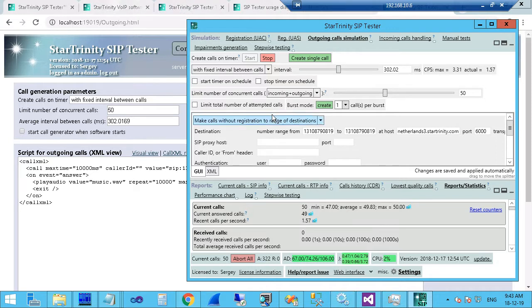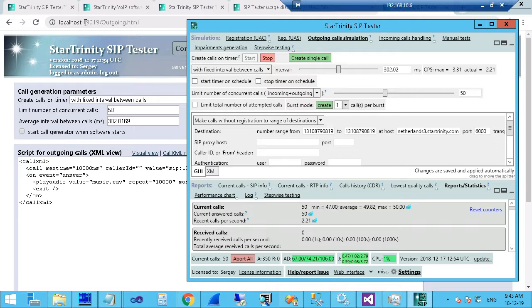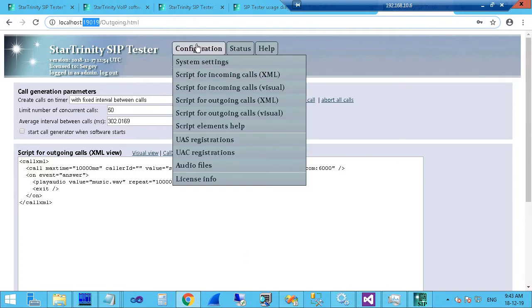So the good point is that it can be accessed from anywhere, right? Yes, but to access, you need to open the port in firewall. Yeah, to access it, open the port, just like the soft switch. Yes. Open the TCP port. Better open this port only to selected IP addresses. Okay. Now,